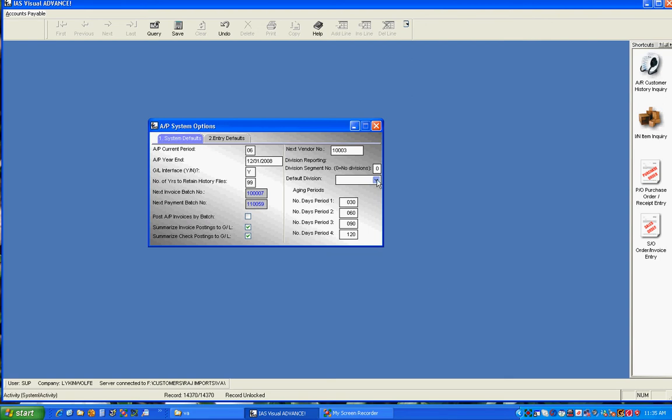You have division entries here. Because payables are not divisional in this case, because you're really only separating your sales, not your expenses, we don't actually use true divisions. It again tells me my period. I'm going to change that to 5 because some of this is written in the 5th